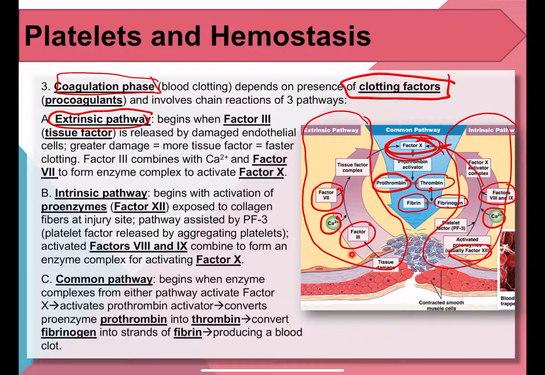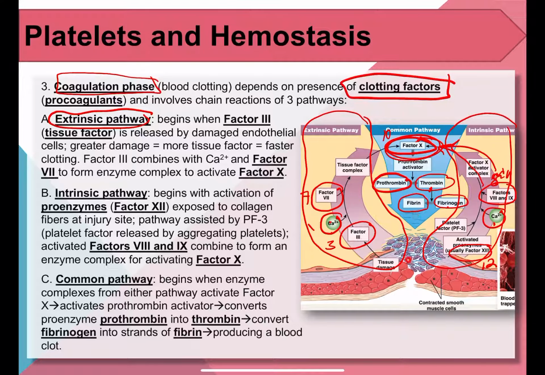But I try to narrow it down by these numbers. So 3, 7, and then it goes to 10, okay? The intrinsic pathway goes from 12, 8, and 9, and then they make 10, okay? Both require calcium, and then they would have to be activating prothrombin to thrombin, fibrin, which turns fibrinogen into fibrin,